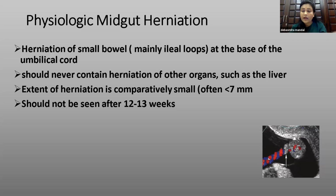American Society has contributed as 11 millimeter. Somebody has within the 10 millimeter, European Society. But all are within the 10 millimeter. So after that, it is the umbilical hernia. So that's why this physiological hernia is very important to ascertain the diagnosis, to differentiate the pathology basically that